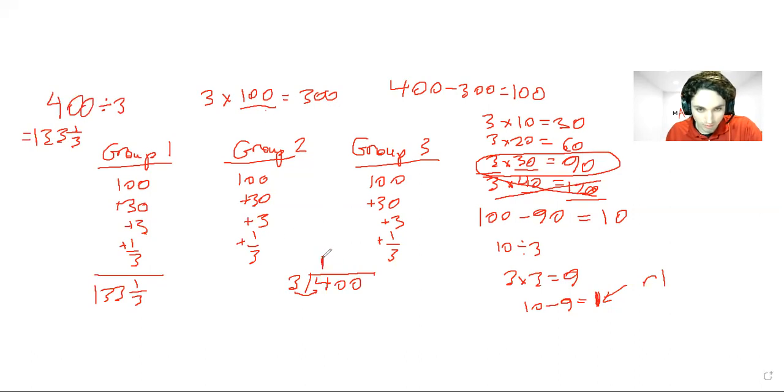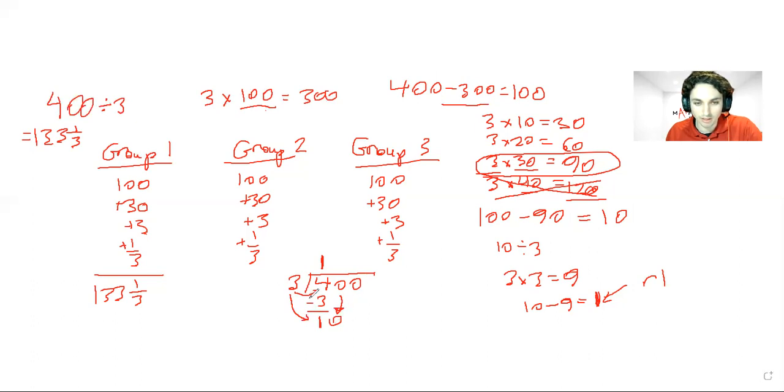So that's what we're doing here. So 3 goes into 400 100 times, and then we're subtracting that 300. But we're only looking at that hundreds place value right now. So I'm just doing 4 minus 3. So now I'm left with 1. And you saw whenever we subtracted the 300 from 400, we had 100 left over. And so now 3 is not going to go into 1, so I'm going to bring down this 0